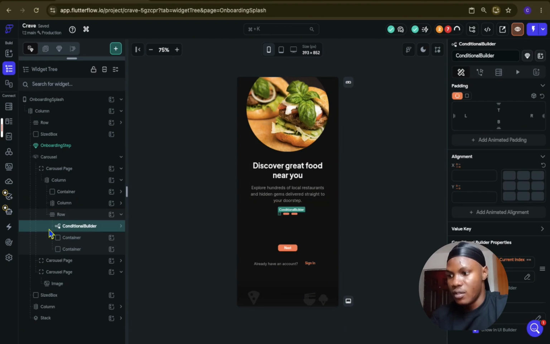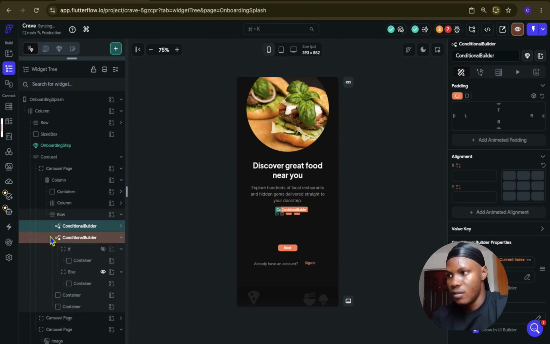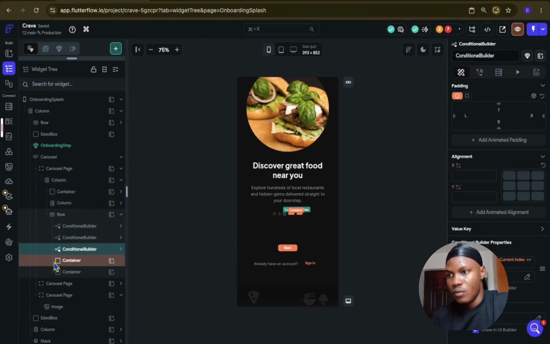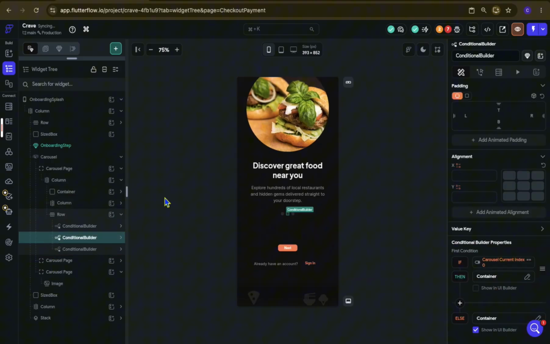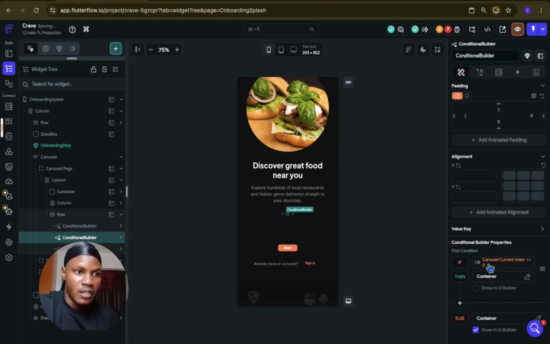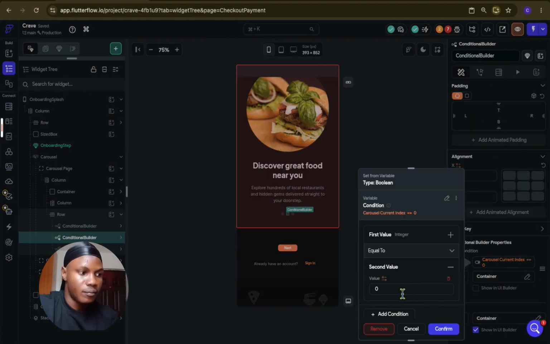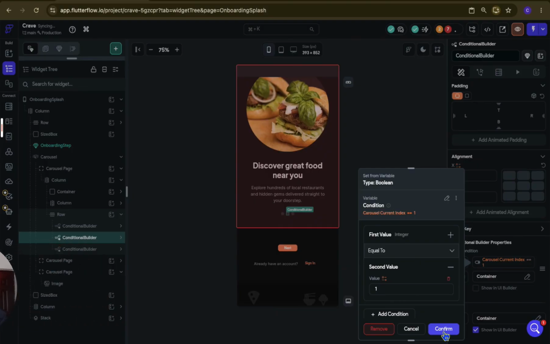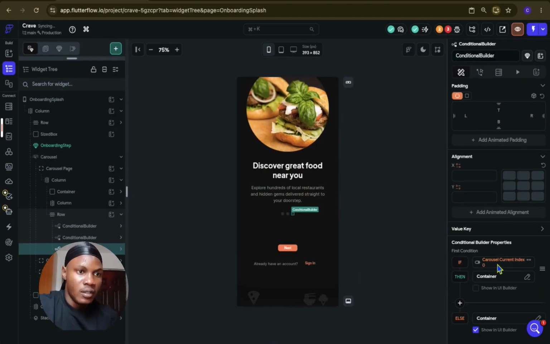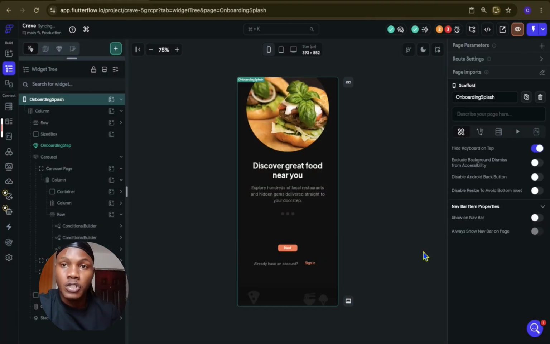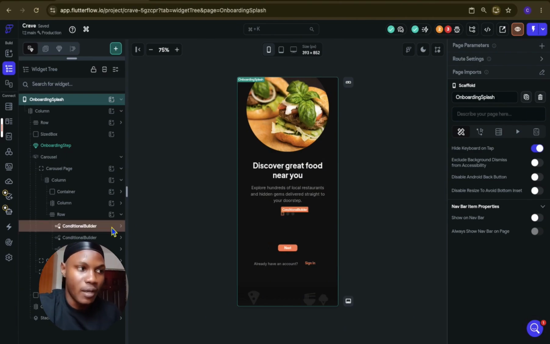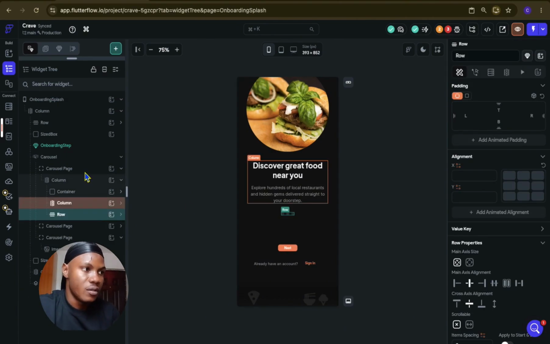So we can now duplicate it, and then duplicate it as well, make it 0. So we can remove this and then remove this. So click on the second and then make the carousel index, change it to 1, and then go to the third one and change it to 2. So confirm it. So what we just did here is that whenever this carousel swipes, initially we have 3 widgets